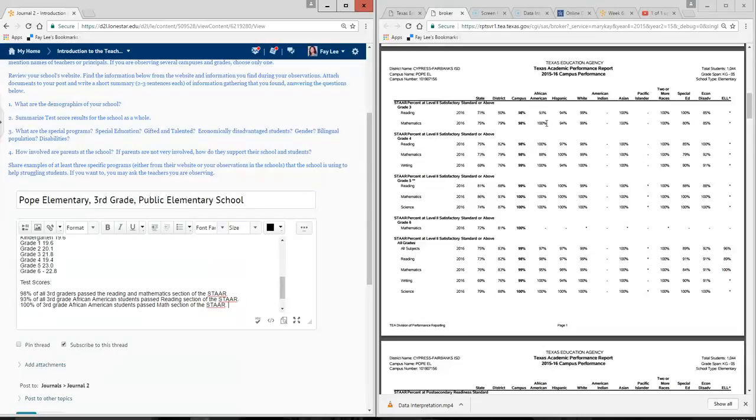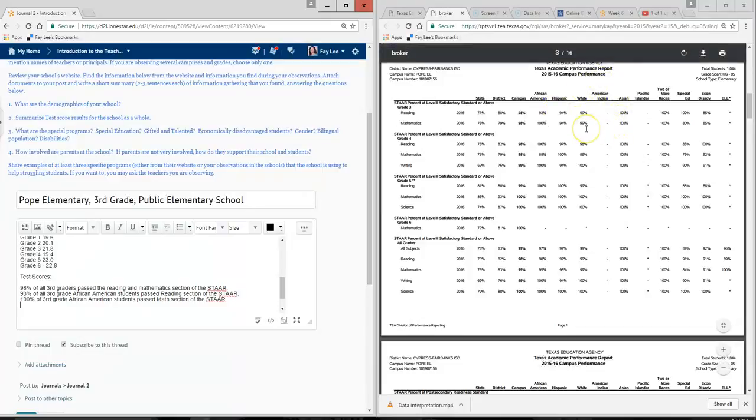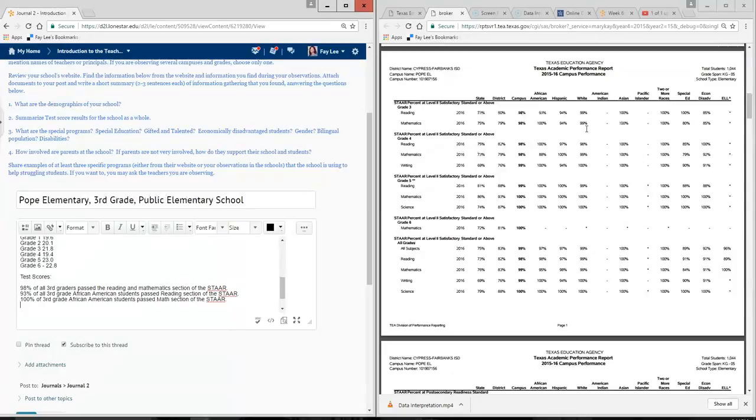So those are indications of certain resources that are needed for certain campuses, okay. So from that summary concerning third graders and the STAR test, you can make a conclusion. Okay, third graders are surpassing the STAR tests in reading and math in